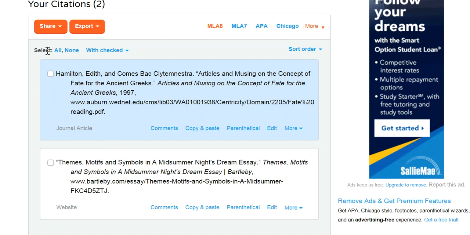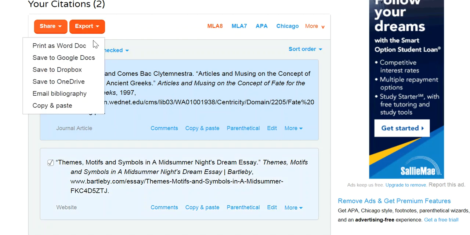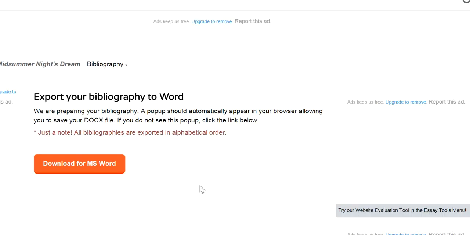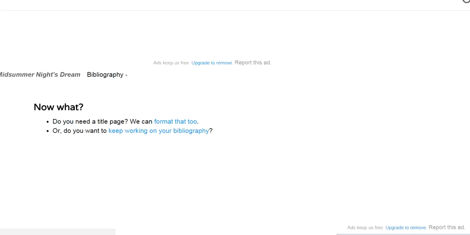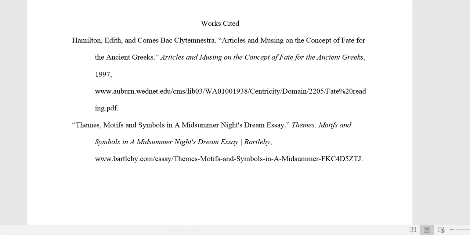And I'm going to create my list. When I'm all through, at the end of my project, which is going to have a long list of citations, I'm going to select all, export, print as a Word doc. I'm going to download for MS Word, and I'm going to wait for that to show up in my tray down on my computer. I opened it, and there it is. Now, I'm going to add a lot to this throughout the process of writing this essay. I know that to be true, because I need to look at the psychology of why my character does what he does. There's psychological reasons as well. So I'm going to get all that information, and I'm going to make sure that it's all cited.